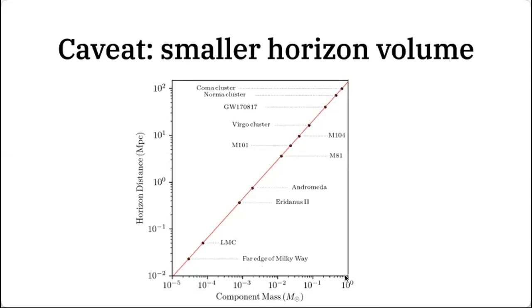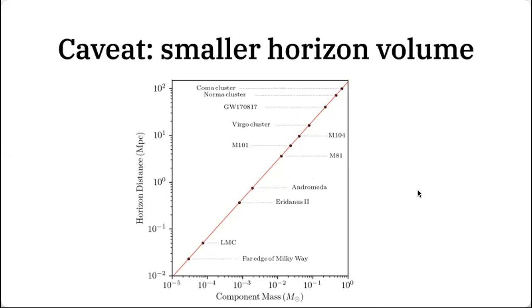So if we are focusing on the 1 solar mass binaries, we can reach out to the Coma cluster, the cluster that I showed earlier in this talk, which is about 100 megaparsec away. And for 0.1 solar mass, we can reach out to about the Virgo cluster. That's the cluster that hosts M87, the famous supermassive black hole. And for 1% of a solar mass, we can go to the Andromeda galaxy, right? So those black holes may exist, and then we have a facility to hear the coalescence signal of those black holes.